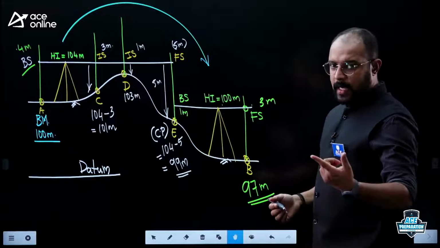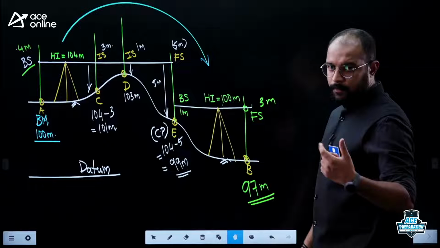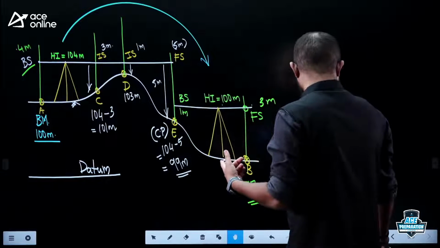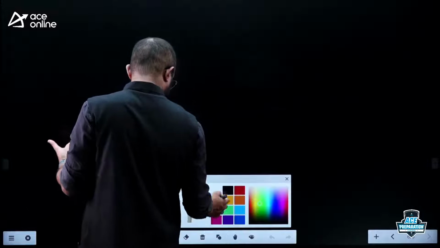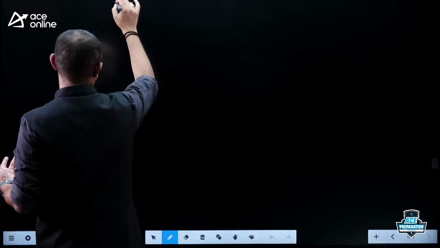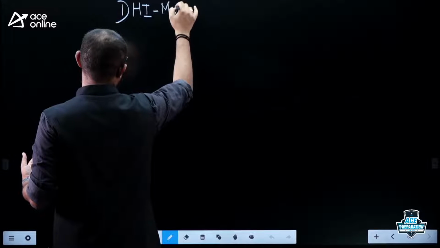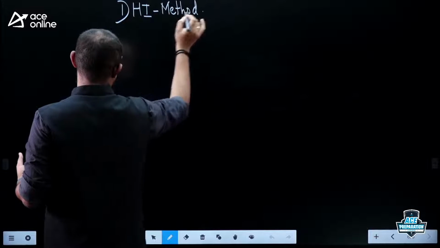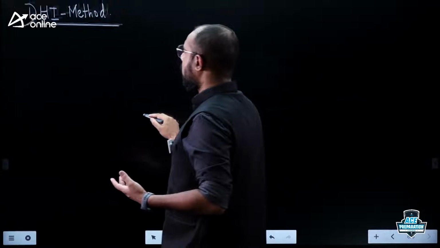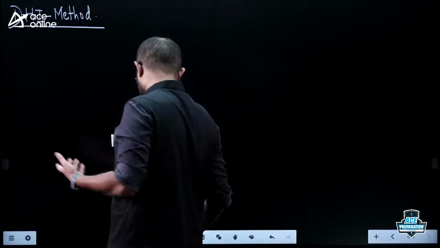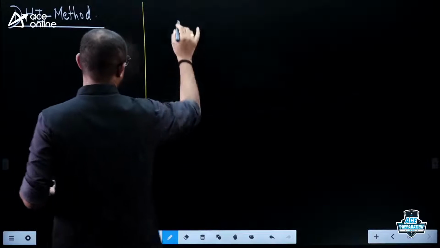Now what we'll do is try and understand how this particular reading has to be entered in my field book. So what is the method of booking? We'll discuss. The first, or I should say the only method that we'll discuss here today is the HI method. HI method is nothing but height of the instrument method. So I'll roughly try and tell you what happens in the HI method. If you are using the HI method to record these field measurements, what are the different tabulations involved? Can you tell me what is the first and foremost entry?